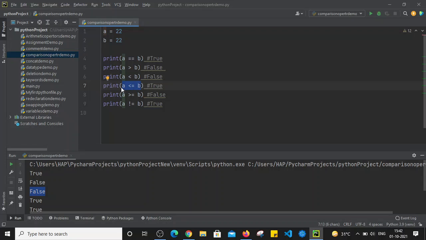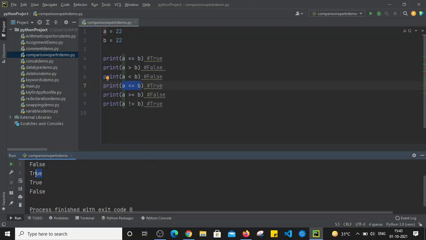So a is 22, b is also 22. a is not less than 22 but a is equal to 22. So this condition is true, because a is less than or equal to b. Here a is equal to b, so this will return true.